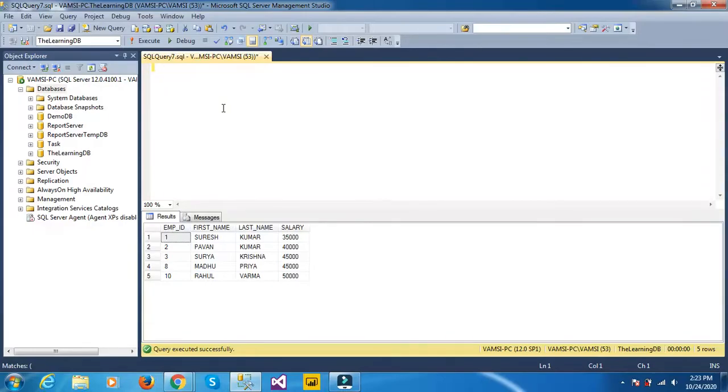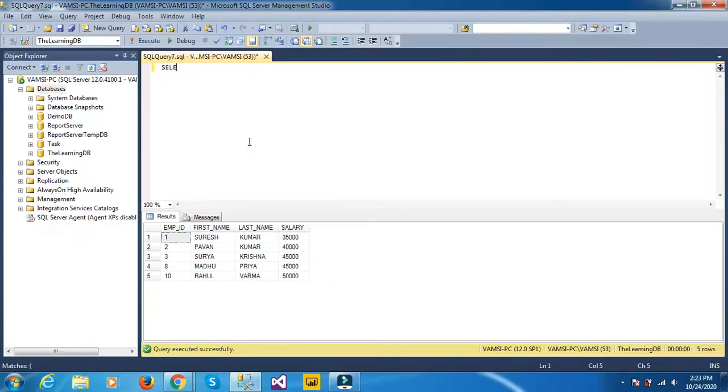Suppose, for example, I have a table named employees with the columns employee ID, first name, last name, and salary. Now I want only the columns first name and last name in a separate table. Let us see how we work on that.